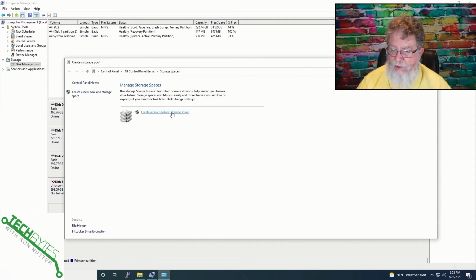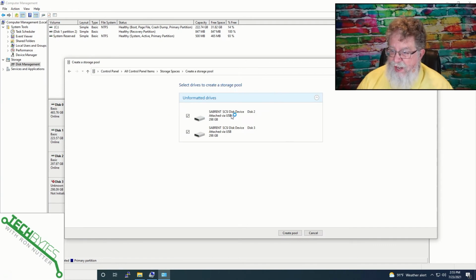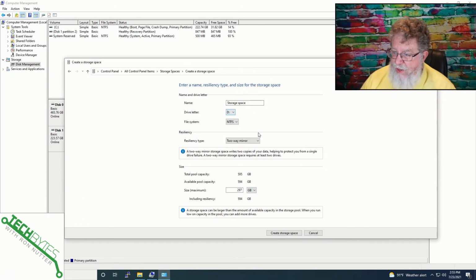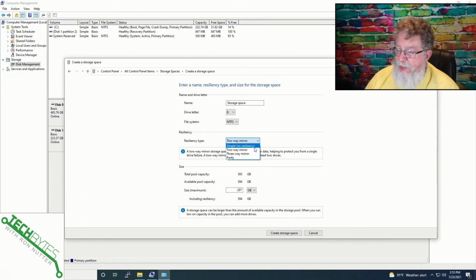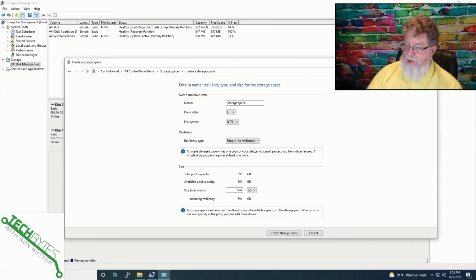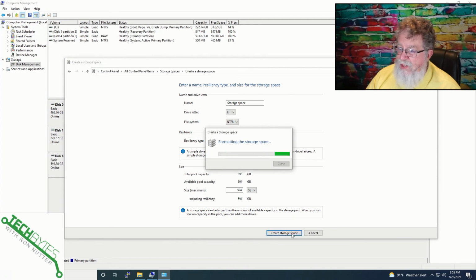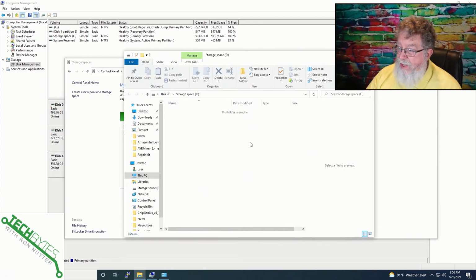So if we click on create a pool, and see by default, it's already found those two drives because they're ready to go. So we'll click on pool. We'll just leave it at storage space, drive D. We want simple, because at this point we want it to be a striped drive. So at that point, you see we're getting maximum space out. So we can click on create storage space, and it's going to format it, and then it comes up as